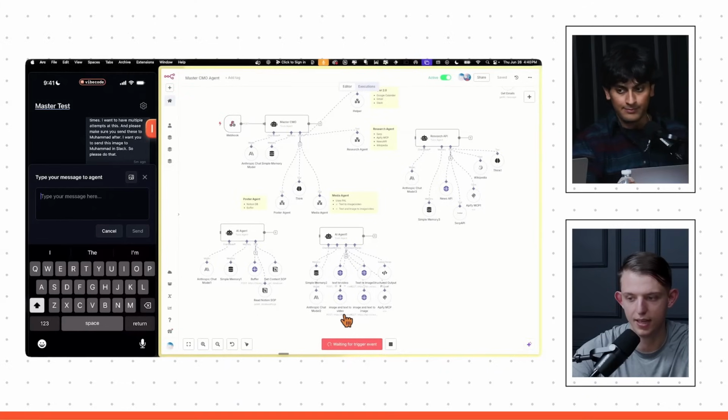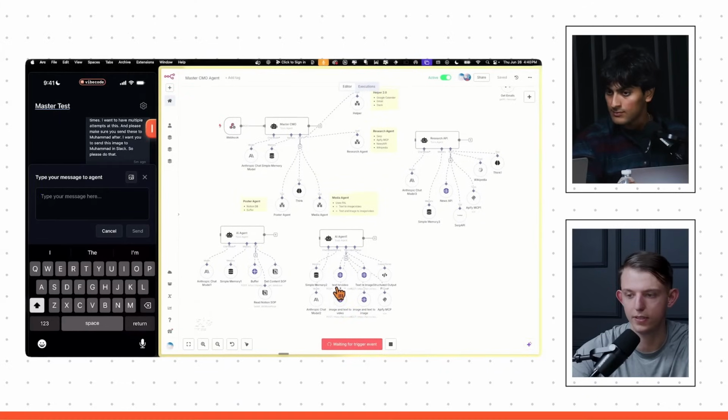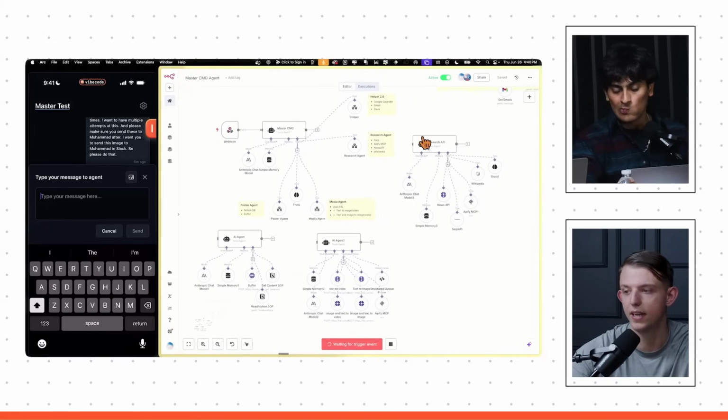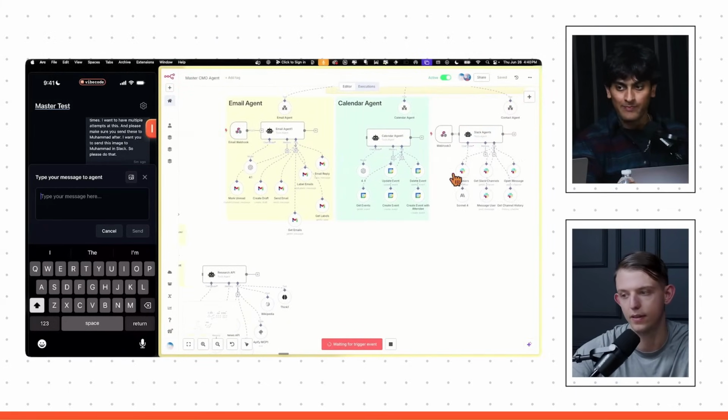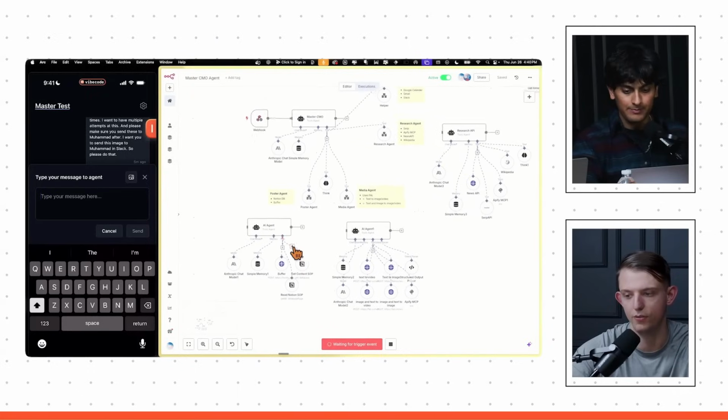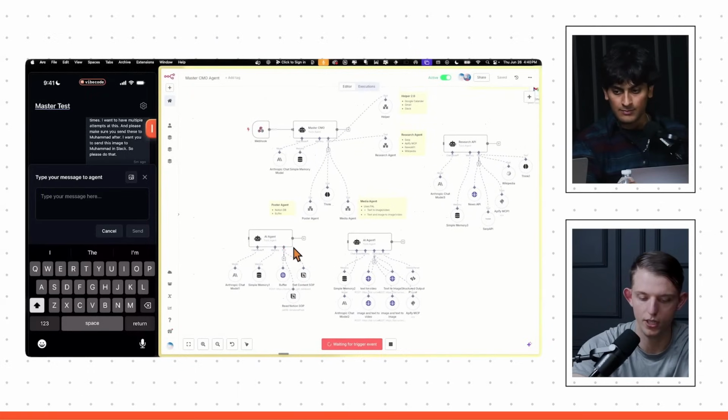Then I want to take whatever that output is and post it on social media using the poster agent, which will just post it to Buffer. It'll basically allow us to schedule it with one click. And then I want to let you know when I've done that. It'll send you a message on Slack. So let's see if we can do that all in one little message here.